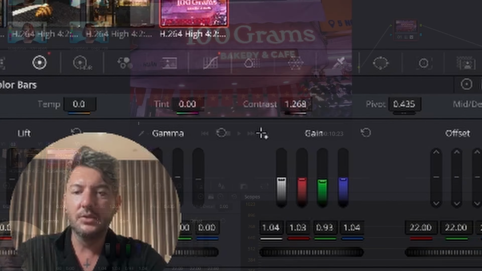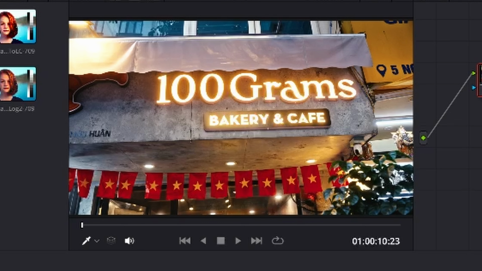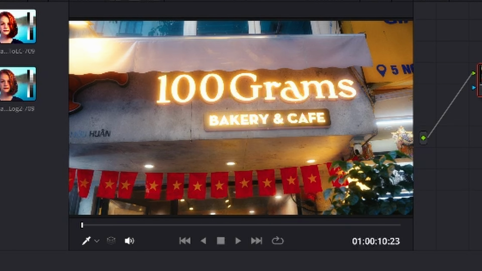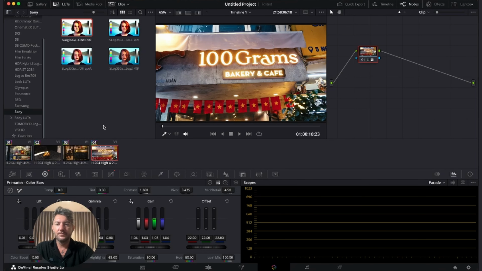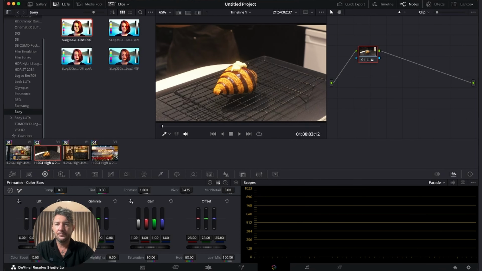Now changing these will also just change them here. Purely two different ways to do that. The mid/detail button here, think of this as a sharpening button or an unsharpening button. If you drag this to the right, it will make it sharper. If you drag it to the left, it will make it more blurry. Quite simple. So once we've colored our images like we want them to,